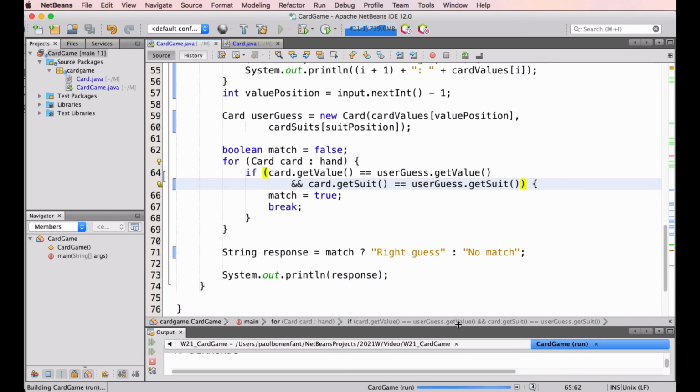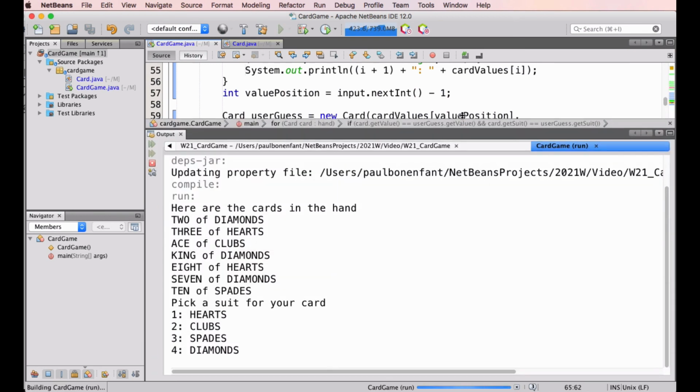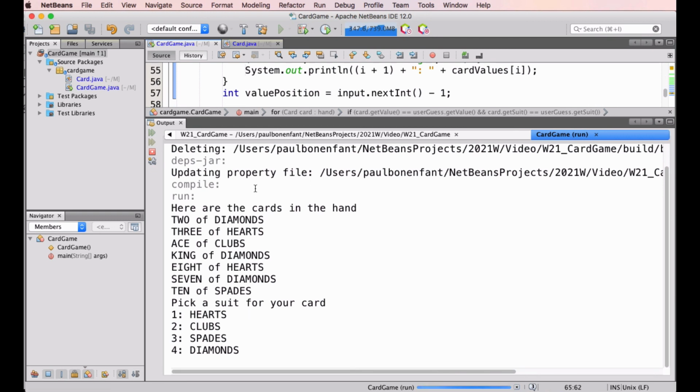Let's go ahead and run it. And okay, so now we see that, oh, look at that. We have 2 of diamonds, 3 of hearts. We have ace, kings and stuff. So that's kind of cool. And here it's displaying